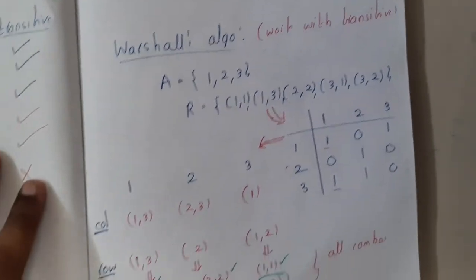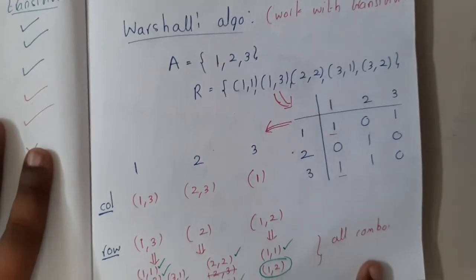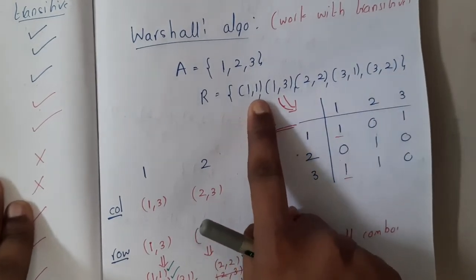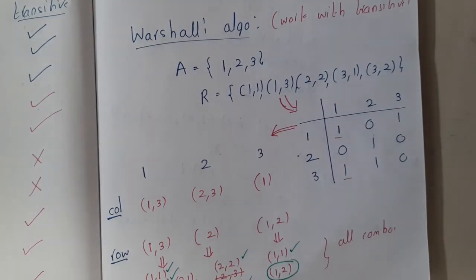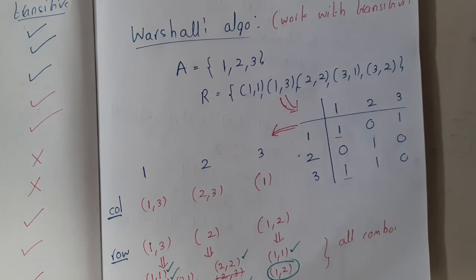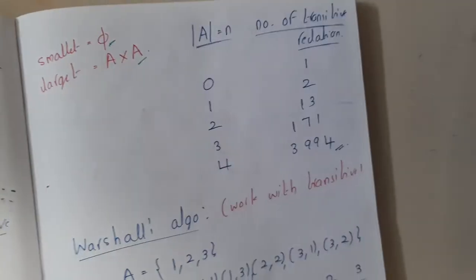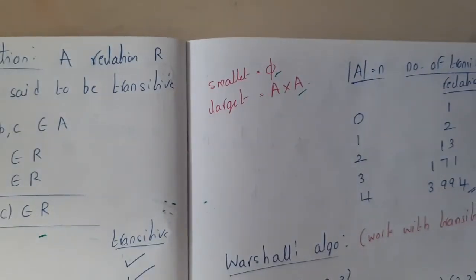In the same way I took one more example, and I have solved it in the book, guys. So it's just a small thing for you. Just try this, guys, and let me know in the comment section whether it is transitive or not. Got it? Yes. Okay. So I'm not going to show the answer now. So now I hope everyone got a clear idea about this transitive, right?